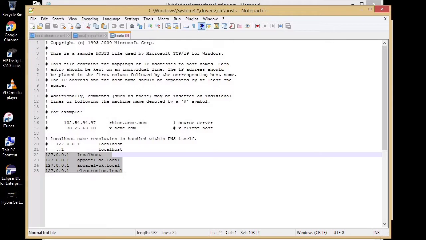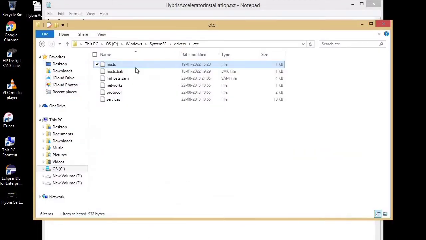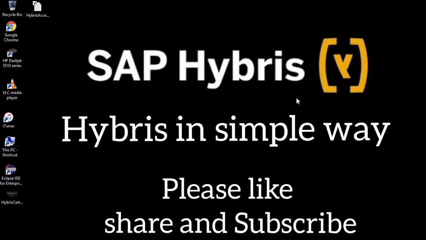So if you need these changes, do let me know. I will be providing them in the details section, and also for the files you can mail me. I will be sending you the local extension info.xml and also the local.properties. So these all changes should be done, and the next step will be